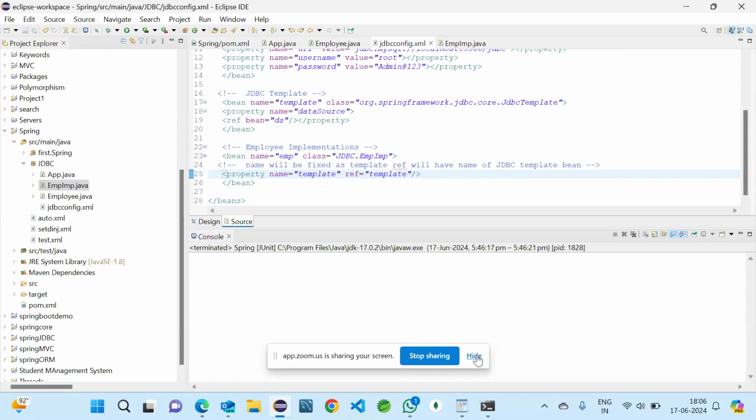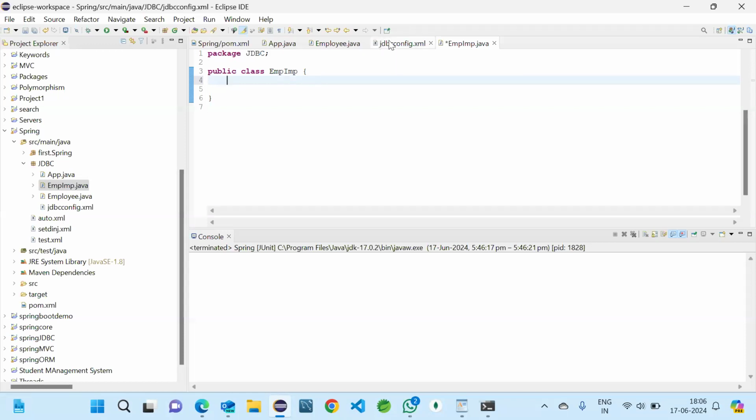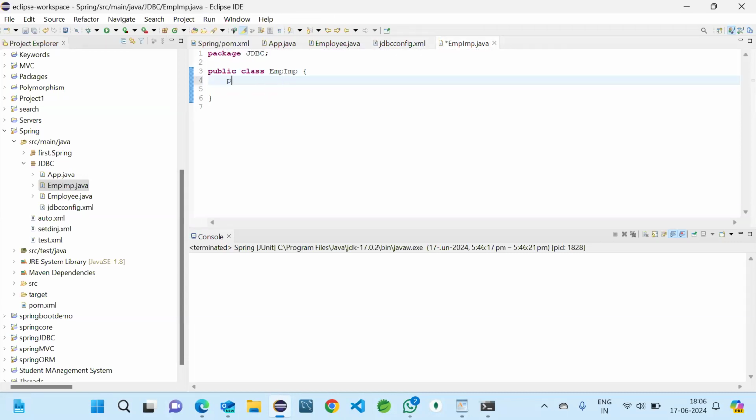So now save this, and after that we will go to the employee implementation. Here we'll be writing code to perform the operations. You can write it whichever way you want, like using prepared statement or any query. It is your wish, but I will be using prepared statement only. That is the efficient way. So see here, first thing we should do is use the template object from the configuration file. First we should access it from the employee implementation. First we should create an object here, private JDBC